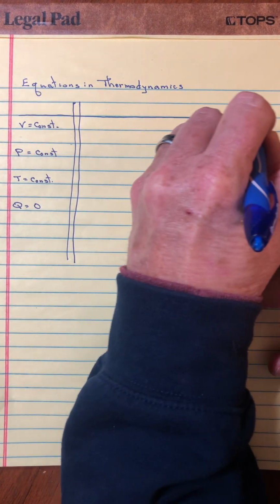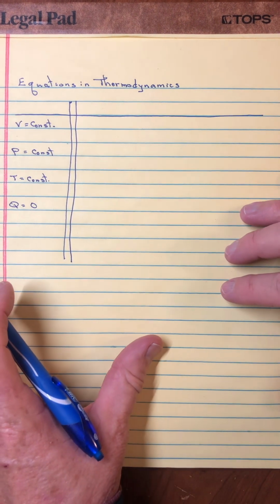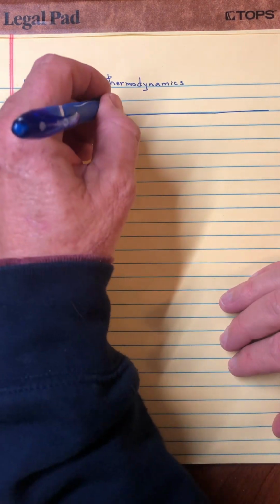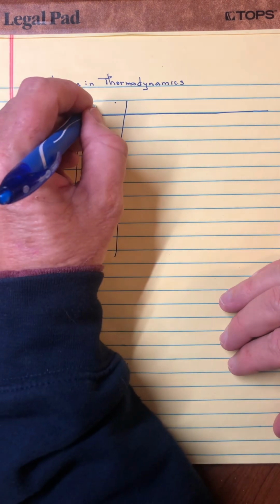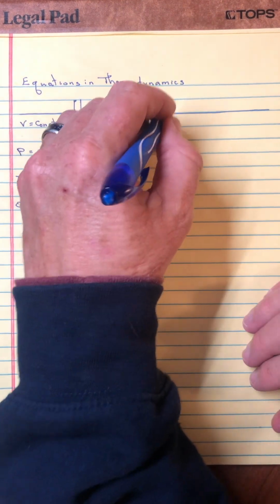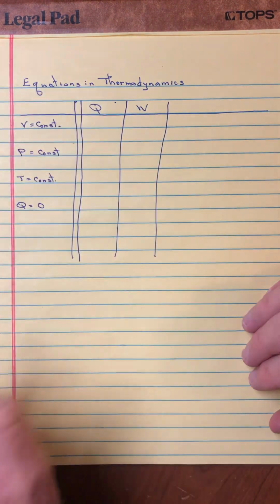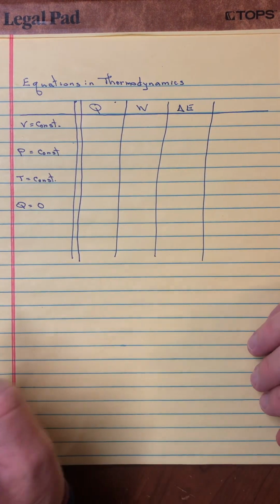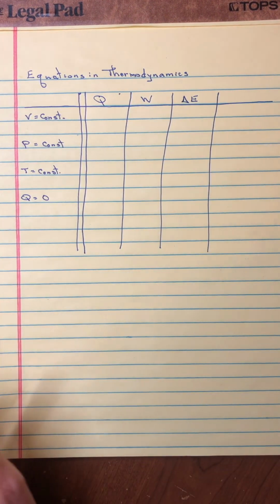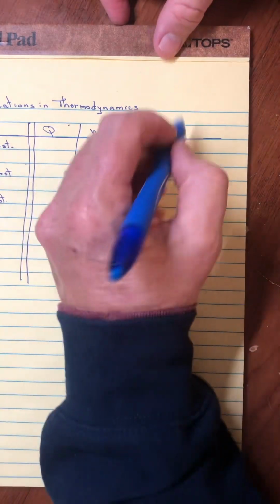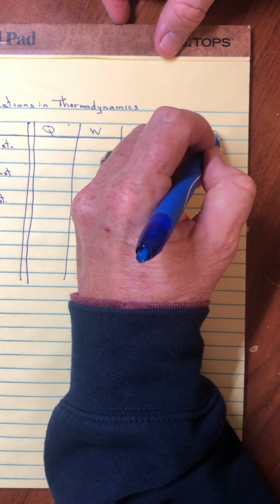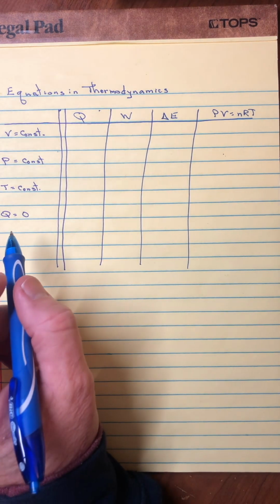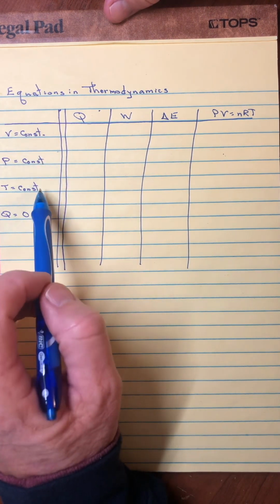I wanted to say that for a lot of our problems, and particularly now that we got into chapter 22 and we're actually applying these ideas, we are going to have to calculate things like the thermal energy, and then the work, and then the change of the internal energy. And I thought maybe making a little video here. Oh, you know what? Maybe let's just talk PV equals nRT for a second. But before I get there, let me just go back here to the energies,